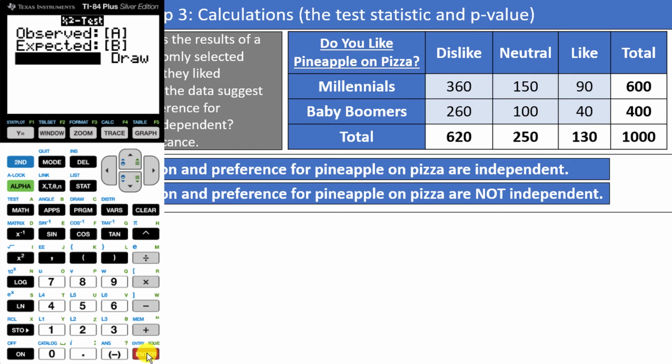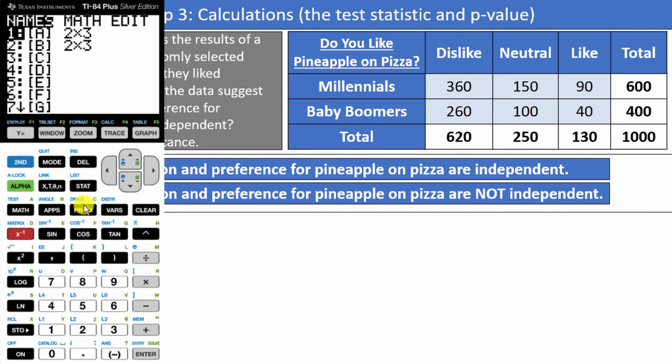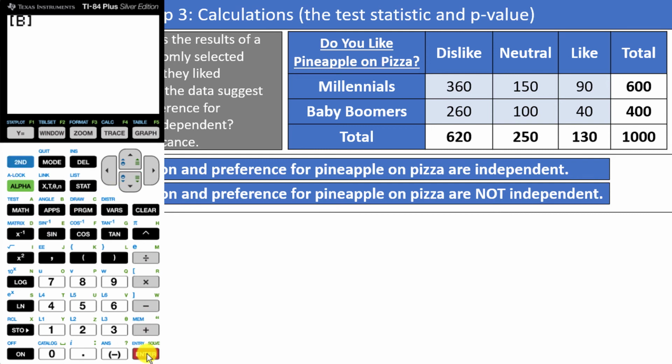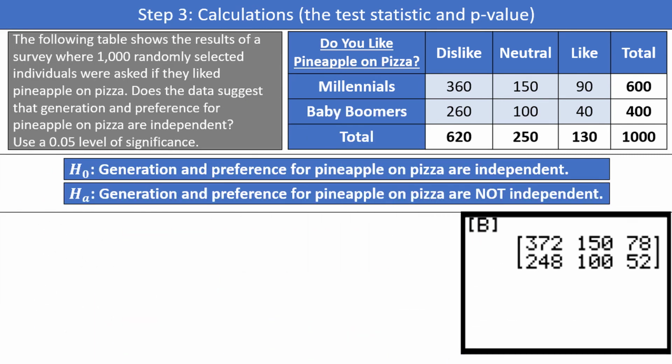Scroll down and press enter over calculate. You should now have the chi-square test statistic, the p-value, and the degrees of freedom. Write those 3 numbers down, and we'll come back to them later. Press second, matrix, and then option 2 for matrix B. Press enter, and we will see the expected counts that your calculator just calculated for you. These are the values earlier that we said had to all be at least 5 as part of our assumptions, so we have verified that final assumption, since all 6 of these numbers are much larger than 5.